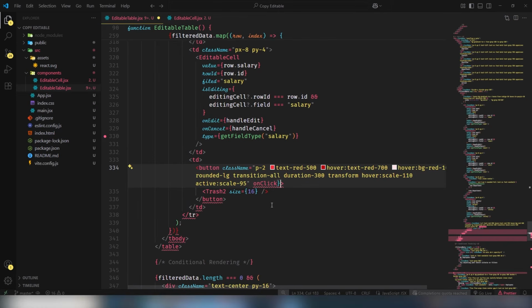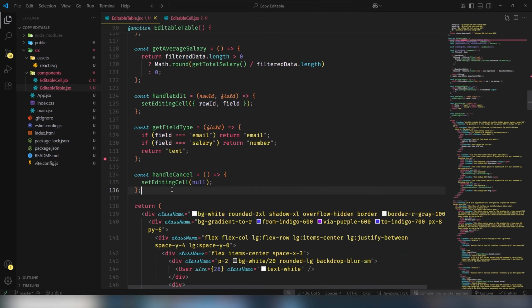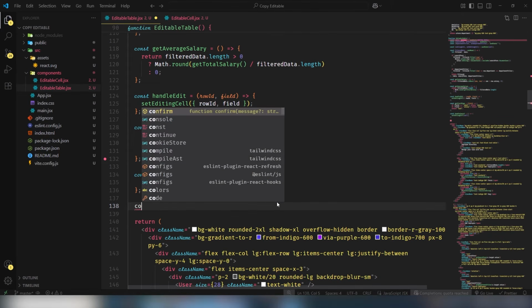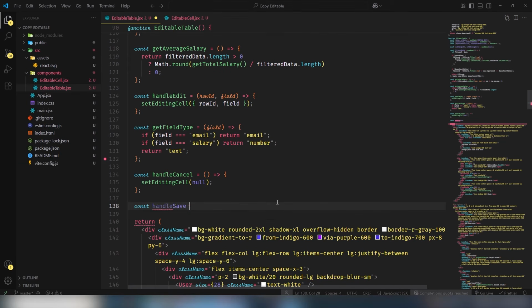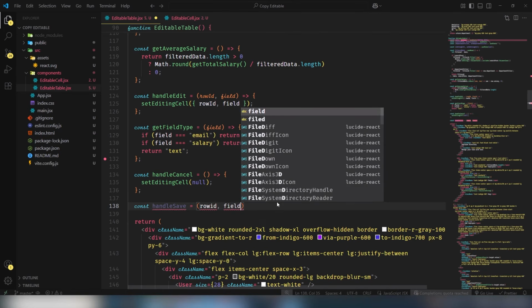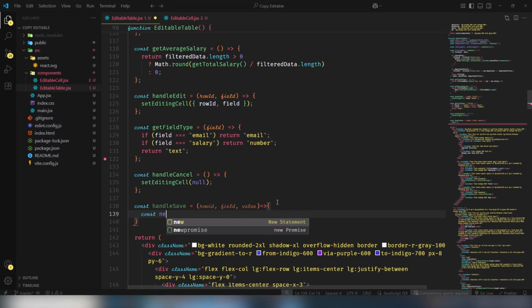Okay, I will work on it. This is a very simple function. Okay, so we're gonna create a function which saves the data, right? const handleCellSave. I need to pass row ID, field, and value, right? const newData,